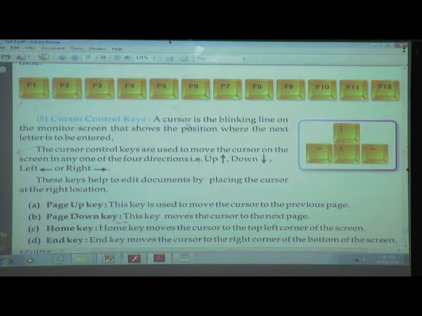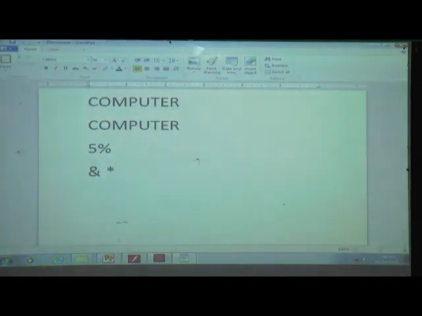Cursor control key. A cursor is the blinking line on the monitor screen, right? That shows the position where the next letter is to be entered. Means where we are writing, it shows this cursor. It is a small blinking line called a cursor.